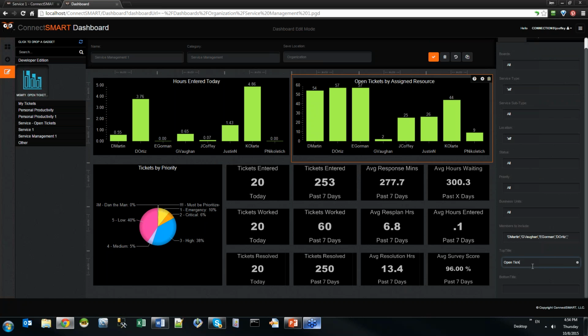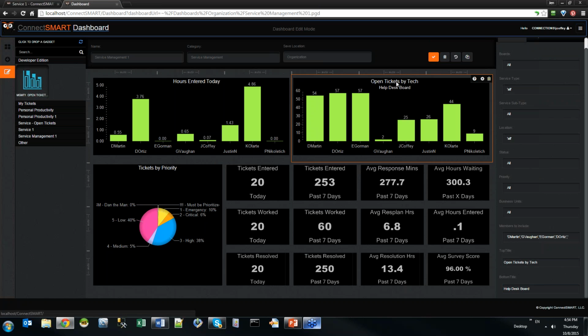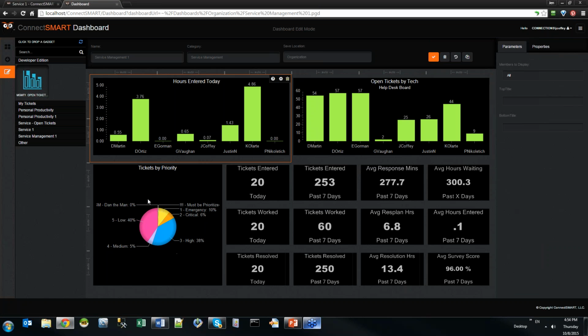And let's say I don't like that title. I'm just going to change that to Open Tickets by Tech instead. And subtitle, let's say I filtered this down to my help desk board. So that's going to actually be a subtitle on the chart. And it takes just a second to go ahead and update it. There you go. So you can override my titles anytime you want to with something more descriptive for your team. But we keep it all here in the dashboard creator, so you don't have to then go and edit this anywhere else. Those of you who want to deep dive in and customize things at a more granular level, we do have webinars and documentation on how you can do those things, but those are a bit beyond the scope